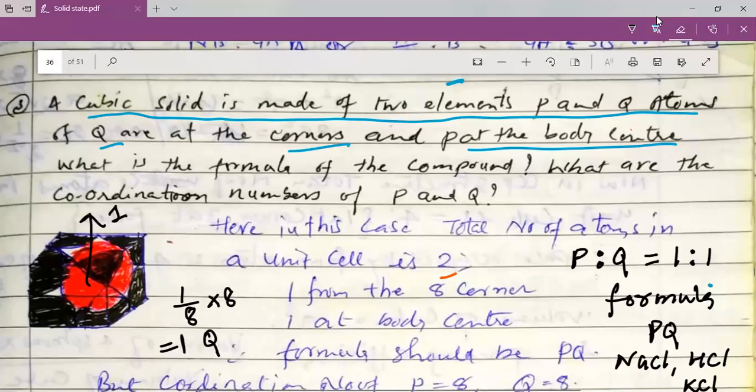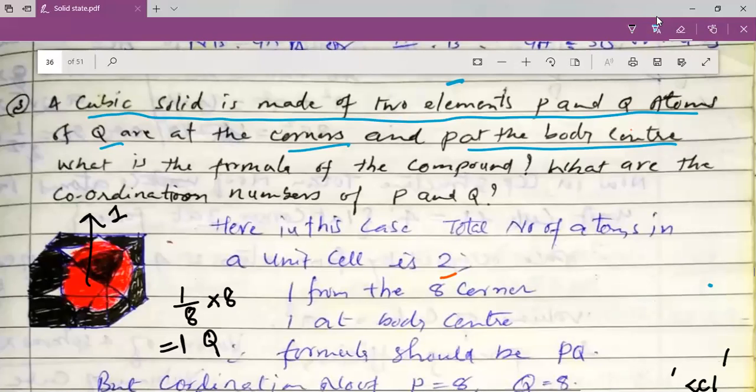Now let us see what the text says and revise whatever we have discussed. Because whatever we have discussed, that is what I have written into the text so that we can understand it well. So let us revise the text. What does the text say? Let's have a look into the text.